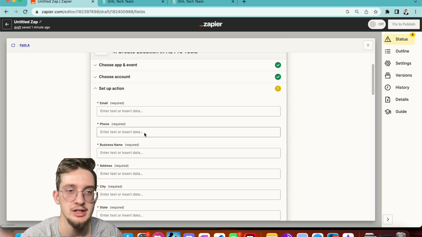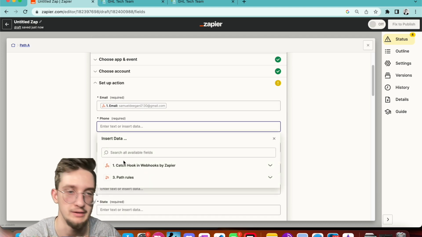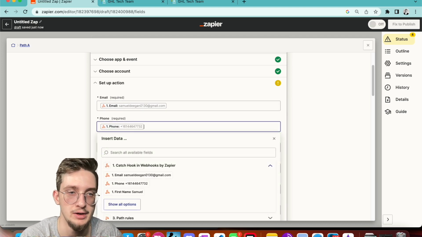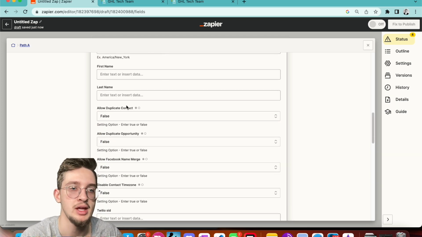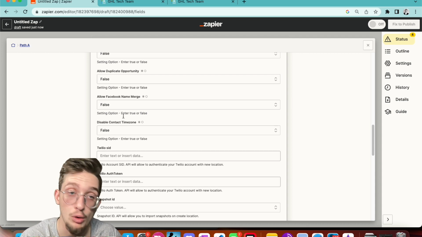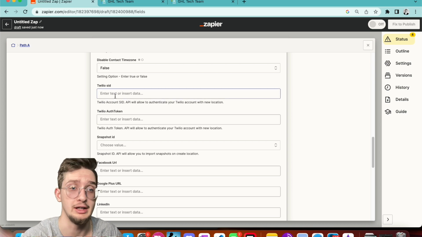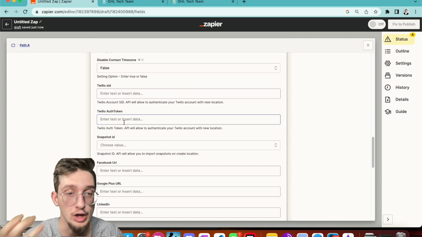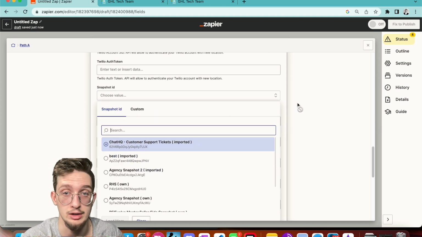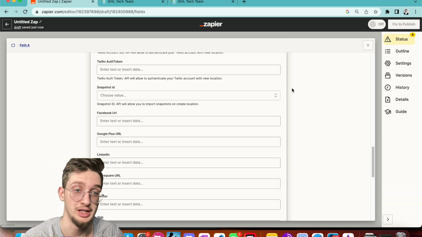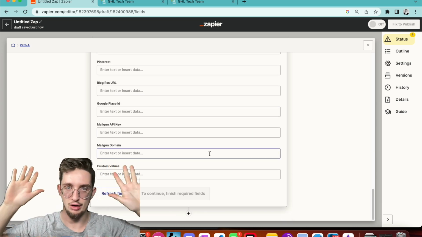I can go to set up action, right? Now I can start mapping out all the stuff that we caught up here in this webhook: email, let's say phone, business name. I can map out all this stuff. And then I can set up the different settings for the particular location. If I collected their Twilio information, I could collect it here if the client wanted to use their own Twilio information. And then I could select the correct snapshot from the ones that are currently in my account. And then you make sure and fill out all the required fields,